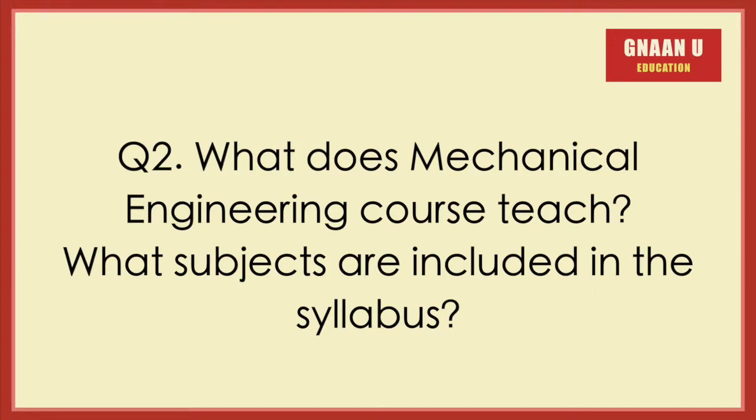Okay, so after 12th, you took the BE course in which you took mechanical engineering as a specialization. Correct. So, can you tell us in brief what does mechanical engineering teach a student? There are essentially around 6 to 7 areas as core areas of mechanical engineering, I would say, core courses or core areas.